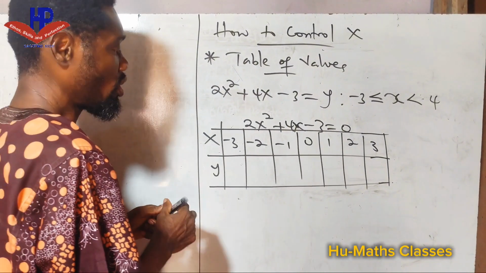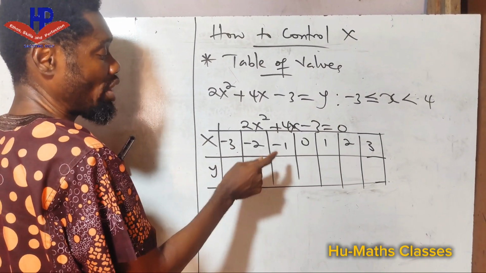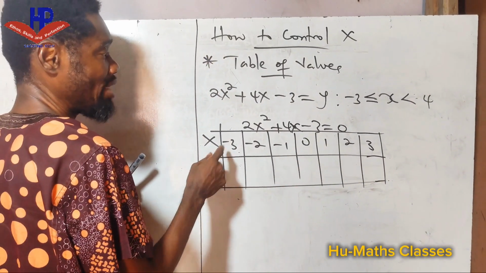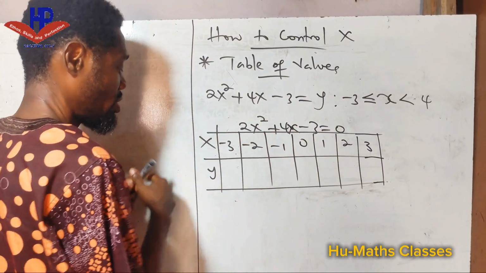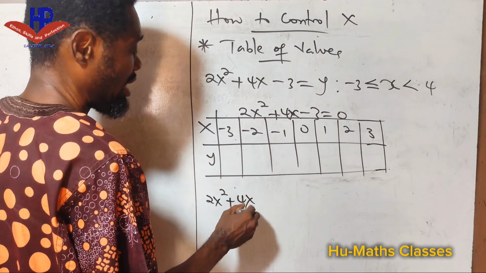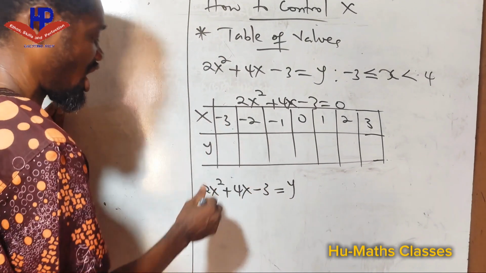Now, we want to control the x variable to help us get our corresponding y values. When x is minus 3, what will be y? We are going to substitute that in this equation that says 2x squared plus 4x minus 3 is equal to y. Now, when x is minus 3, I'll be having